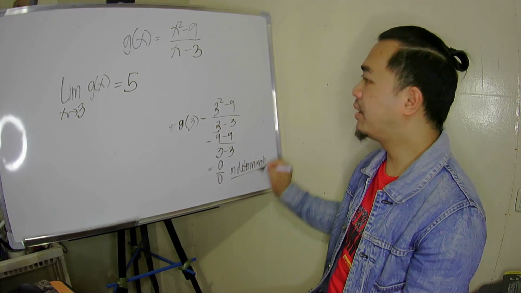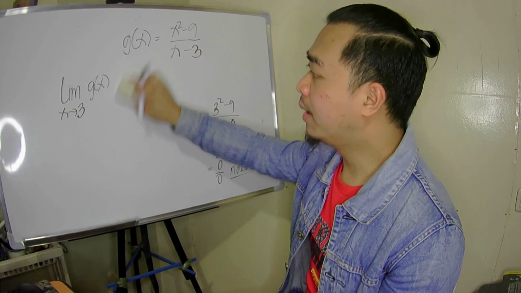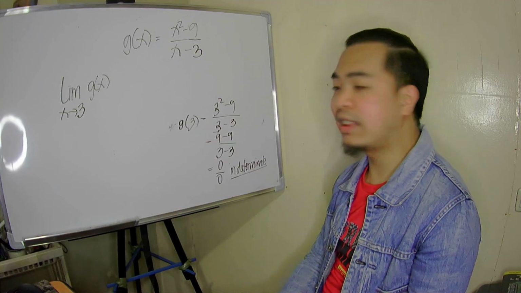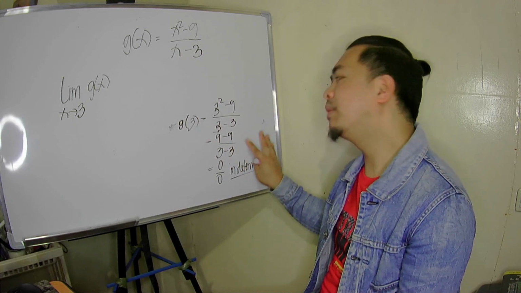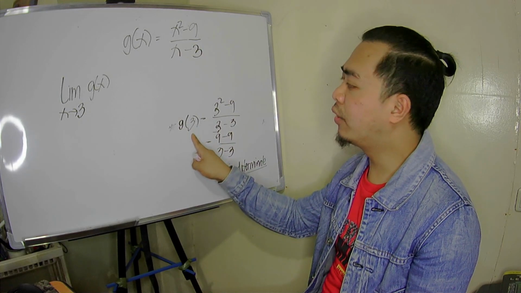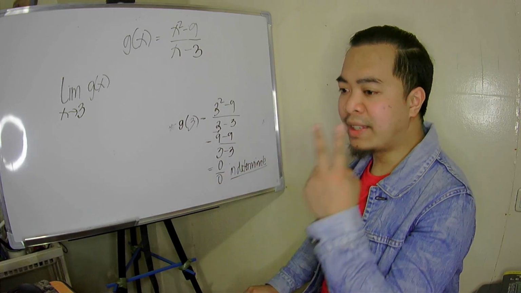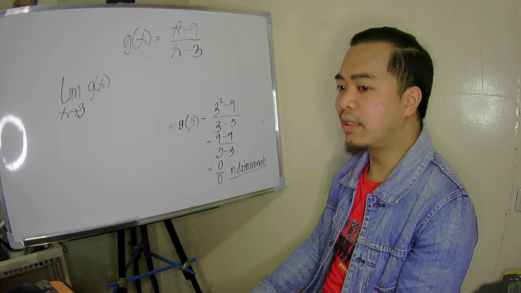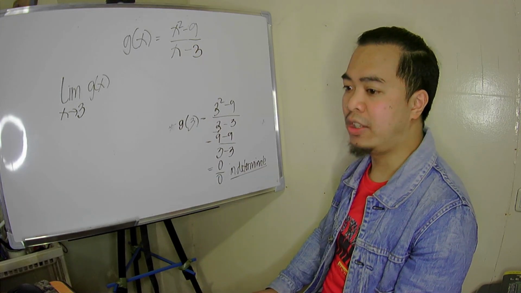Indeterminate yan. Anong ibig sabihin nun? Indeterminate din ba yung limit na ito? Yung answer nito, it's not. The reason why it's called indeterminate, it's because it's not definite. Meron possible yan na meron yang limit. Although possible din na wala. Ulitin natin, kapag sinubstitute natin yung constant natin, yung 3 na yan, sa function at ang result ay undefined or indeterminate, there are two possible scenarios there. Either the limit exists or the limit does not exist. So it doesn't really help us kapag indeterminate. We need to use another strategy.